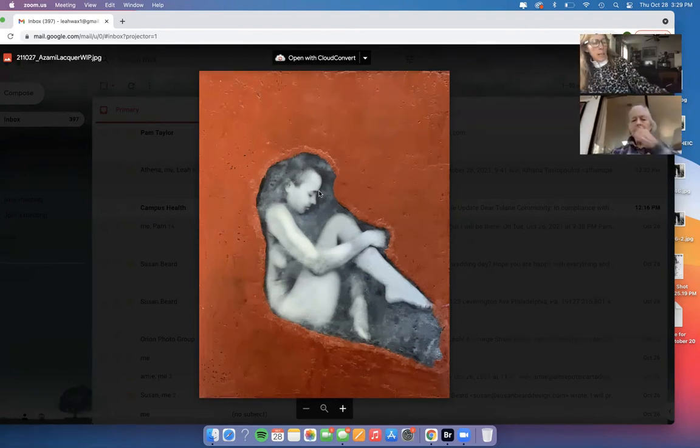I would create that color on your palette again and then brush with a little brush over her body, especially over her shoulder a little bit, around her head, under her feet. The other thing I was thinking of doing is